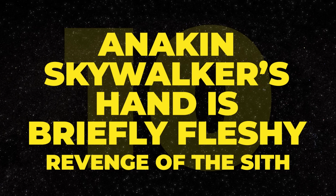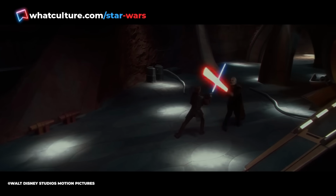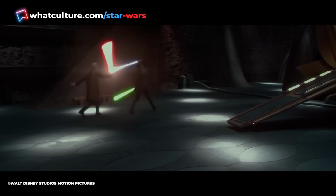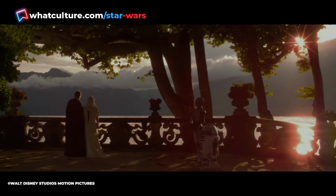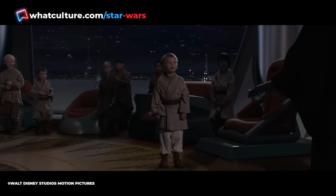absent-minded stormtrooper. Anakin Skywalker's hand is briefly fleshy. Episode 3, Revenge of the Sith. The Chosen One infamously lost his right arm during his battle with Count Dooku during the events of Attack of the Clones. This eventually results in Anakin Skywalker having a cybernetic arm installed before the film reaches its end, and the Jedi Knight would then go on to largely wear a glove over his robotic limb throughout Revenge of the